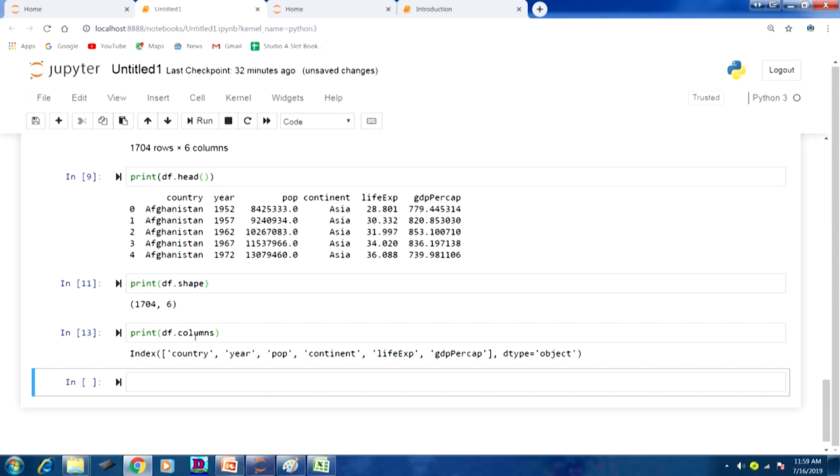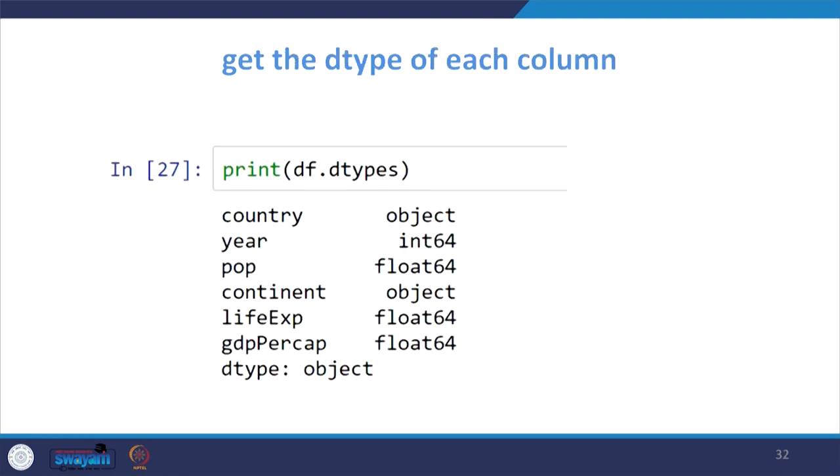So, students, while looking at the video, you have to open your laptop and try this. Simply type this command, and then you can verify the answer. Okay. The next command is to get the data type of each column. You have to type print df.dtypes, that will give you a summary of the whole data set and the nature of the data. We will see how it appears. So, I am going to type print df.dtypes.